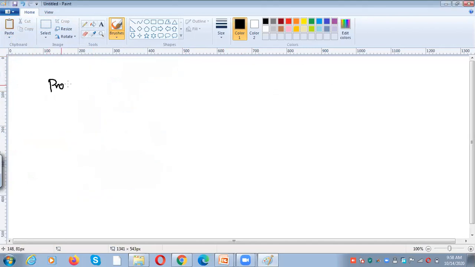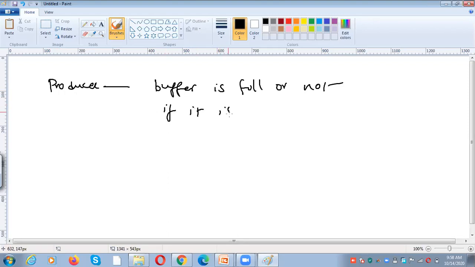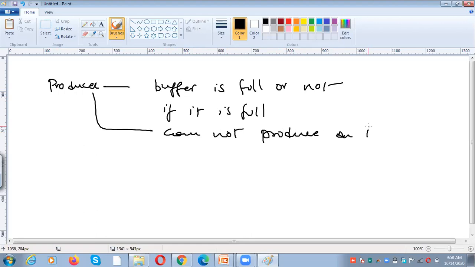So what does the producer have to do? The producer has to check whether the buffer is full or not. Why? Because if the buffer is full, the producer cannot produce an item into the buffer, right?